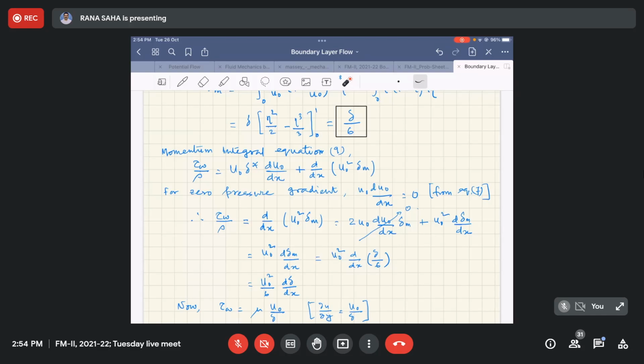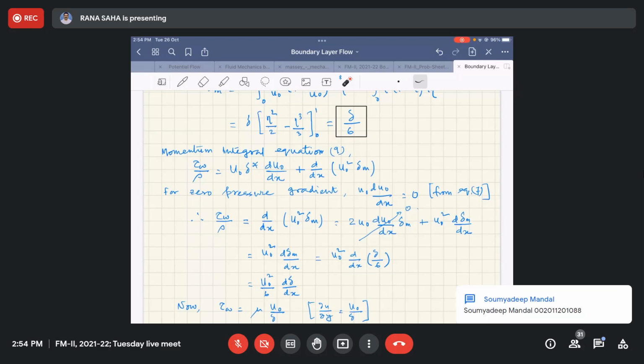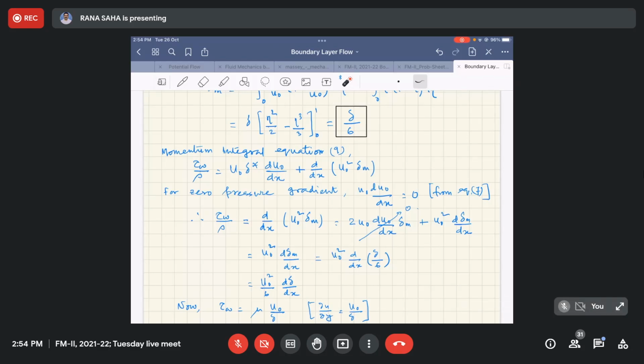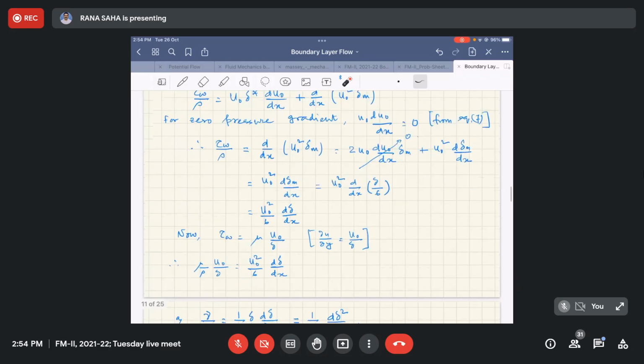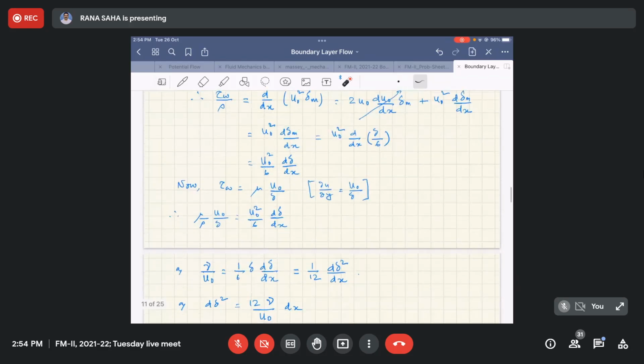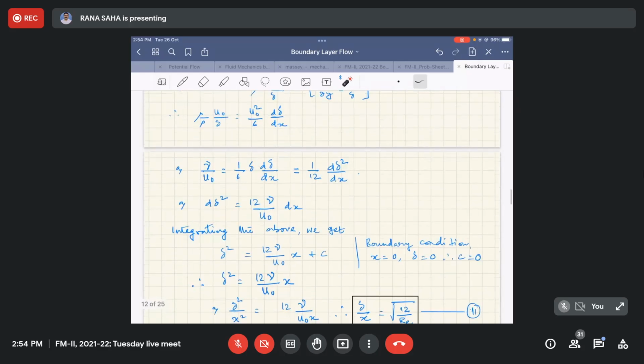Although if you are considering a zero pressure gradient, your delta star, that is displacement thickness, may not be required to find out this tau w, because U naught dU naught/dx will be equals to 0 for zero pressure gradient. But this momentum thickness will be required, and that actually, as you see, that leads us to finding out this delta in terms